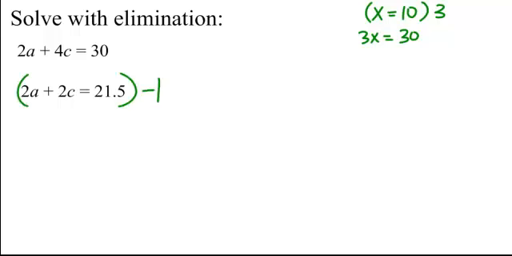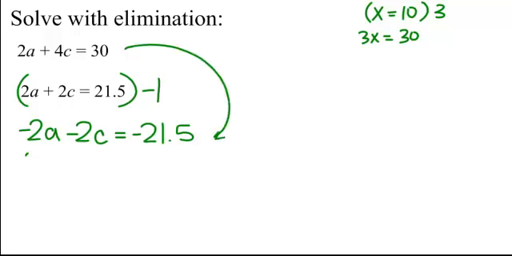If I multiply everything in here by negative 1, I end up with negative 2a minus 2c equals negative 21.5. And now if I bring down this other equation, let's just write it again, and I add these two together,